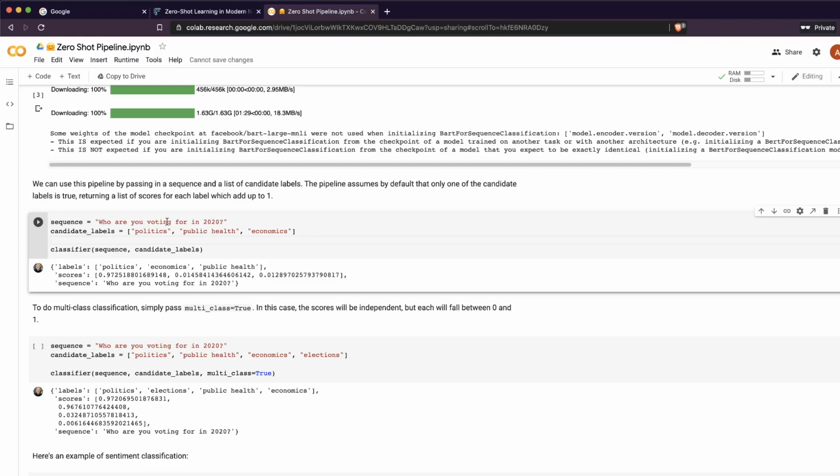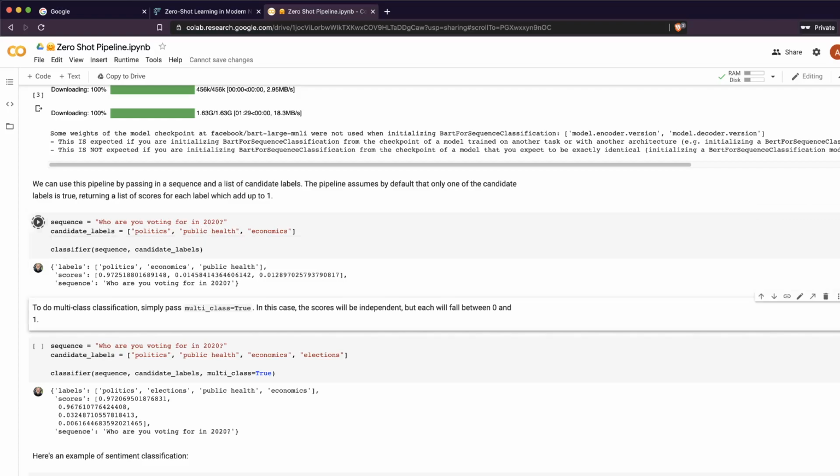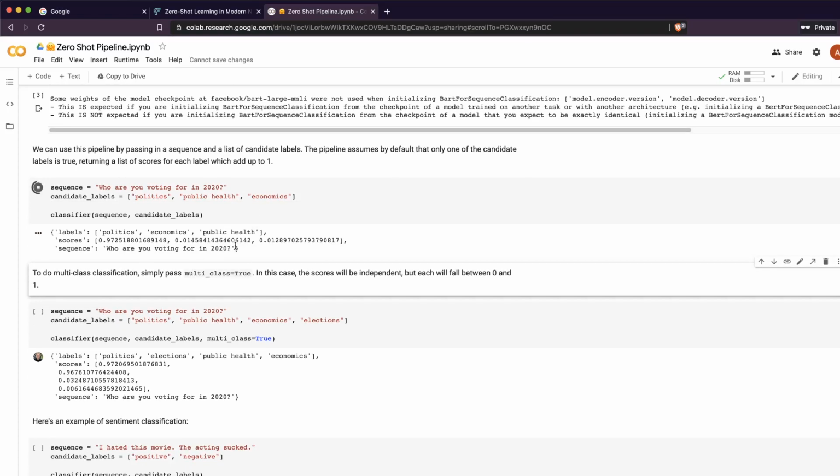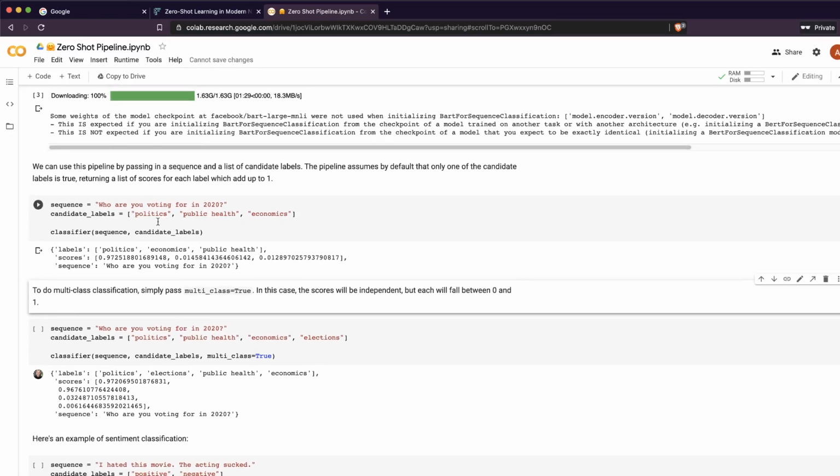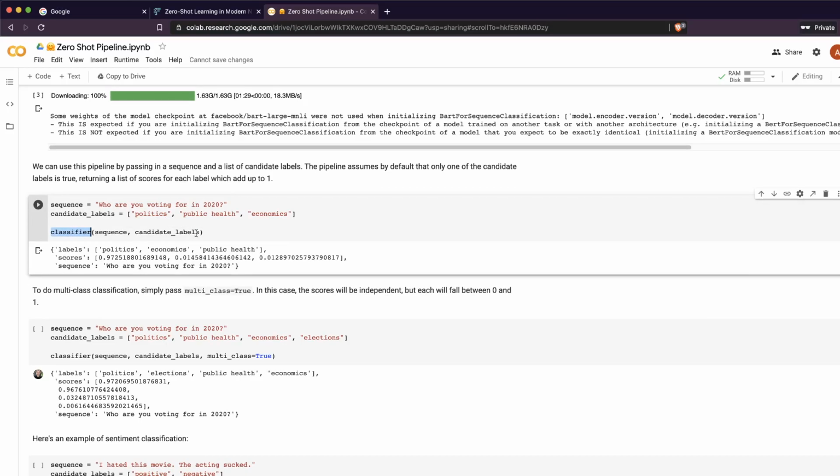So it says who are you voting for in 2020, politics, public health, economics, and you can just run this and see what output you're getting. By default this classifier assumes that you are looking for a single class, only one class that you want to predict. It's not going to treat it as multi-class. So you can see who are you voting for in 2020, and you have given three options: politics, public health, economics.